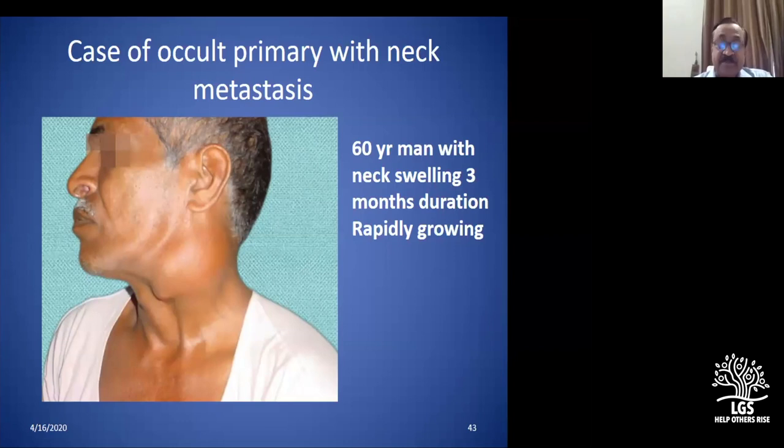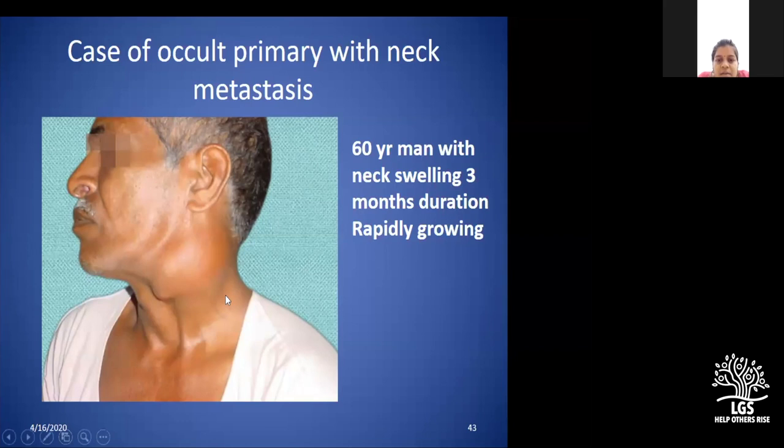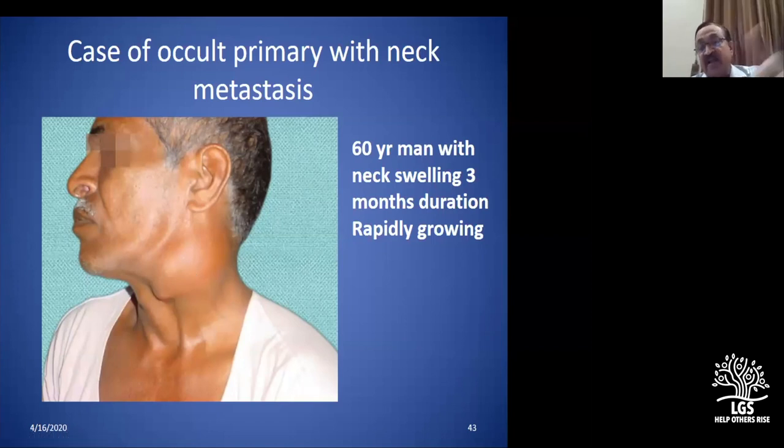Surrounding area? As I told you, can you see some veins there? Prominent veins are seen. As I already mentioned to you, a swelling can have veins over the swelling, proximal and distal also. All right. Now, on palpation,